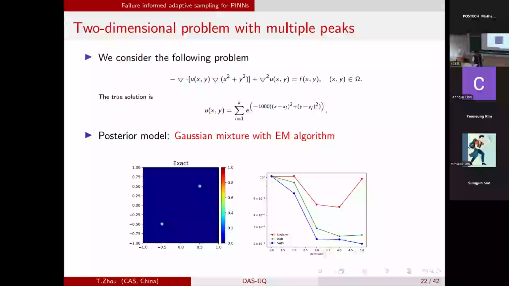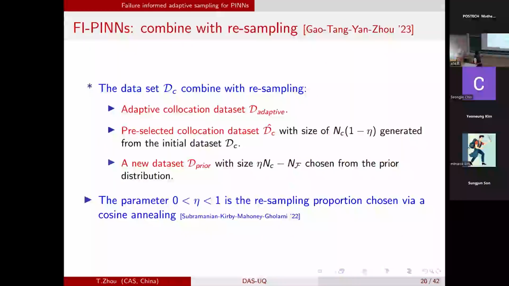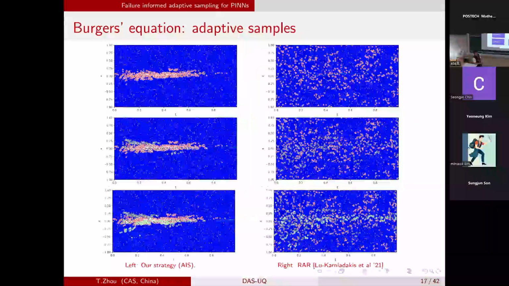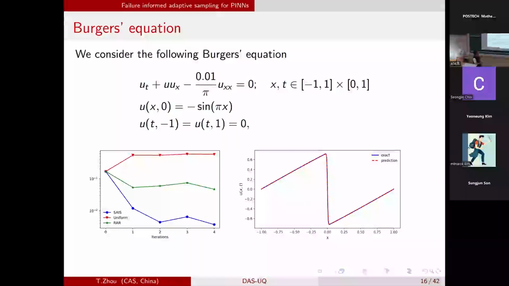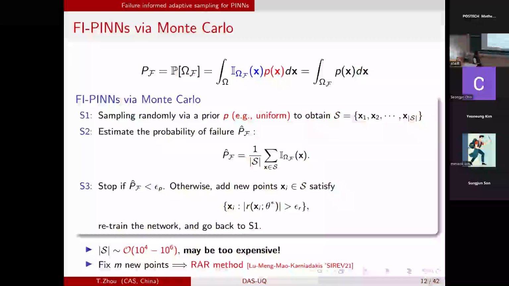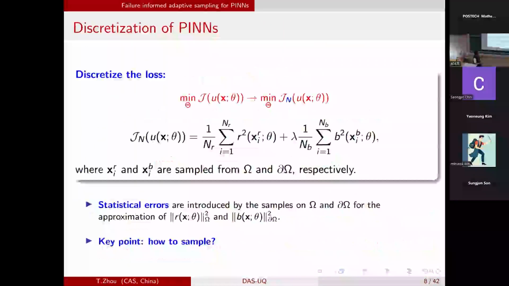There are at least two references for the high dimensional case, but not within this framework. For the high dimensional case, one thing is adaptivity. But if the solution is very smooth, adaptivity is sometimes not necessary. But for high dimensional problems, there's another issue I didn't mention today. If you have experience computing the solution of high dimensional problems, you will face a very important problem here.